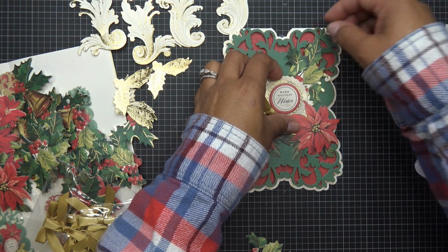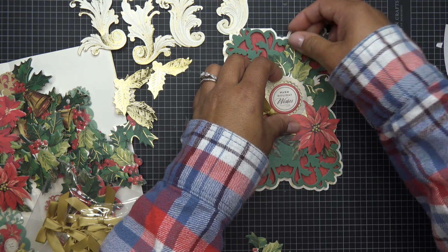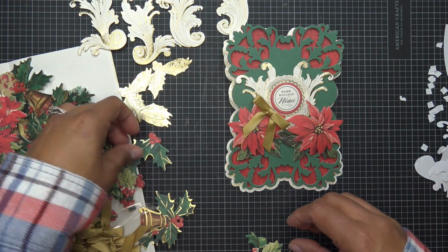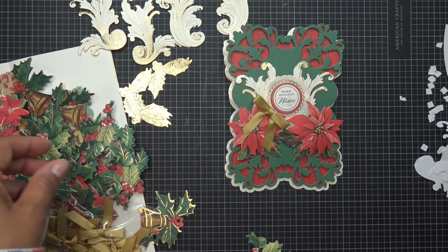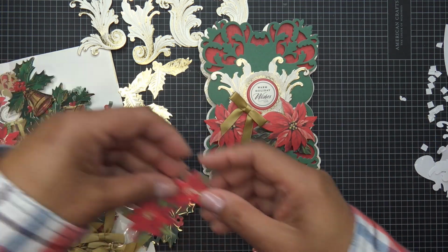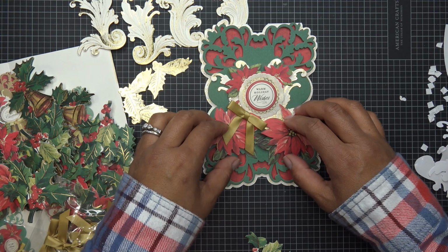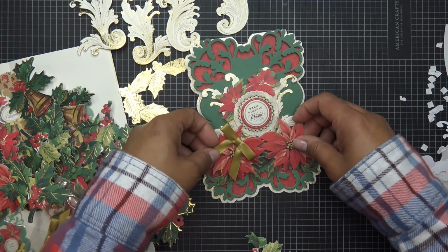Let's see. No. Maybe this little guy. No. Now that I look at it, maybe I should just leave it. Okay, let me play a little bit more. See if there's something. Oh, hold on. Like, see if there's something else that I can put back here. Then we can bring this down, maybe. Okay, let's see what we're looking at. If we bring this